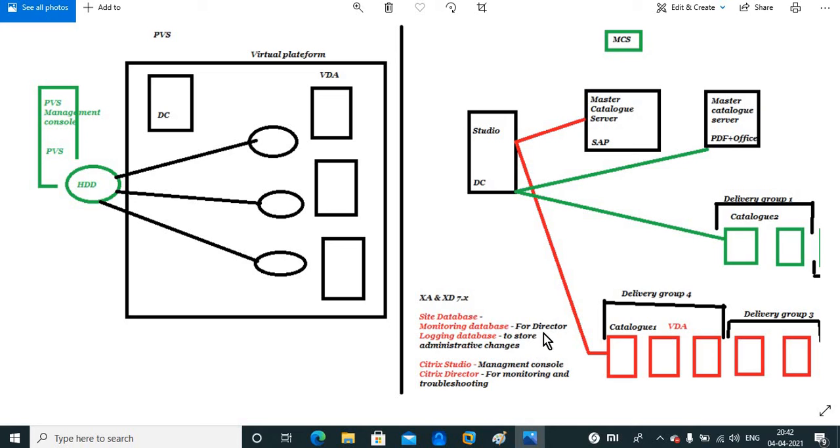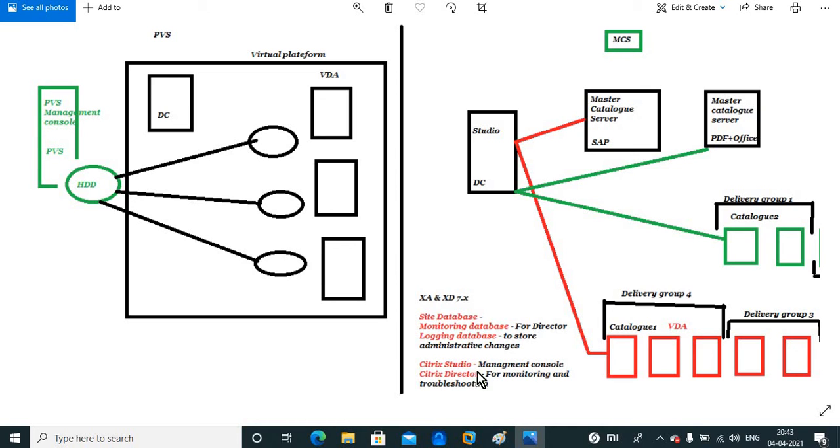The monitoring database is for the Director application. Director is for monitoring and troubleshooting purposes. The logging database is to store administrative changes, and the same in 6.5 is the configuration logging database, to store the administrative changes on systems.